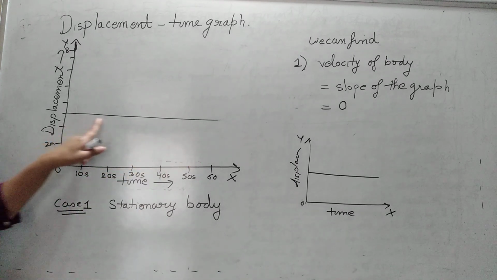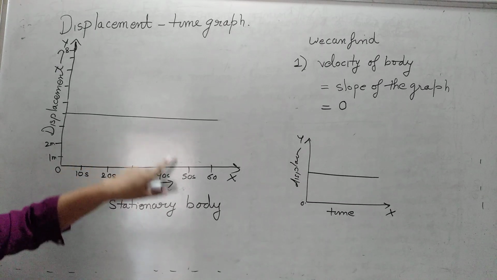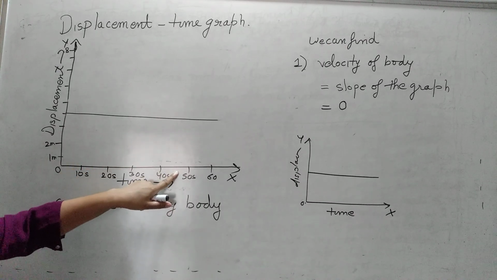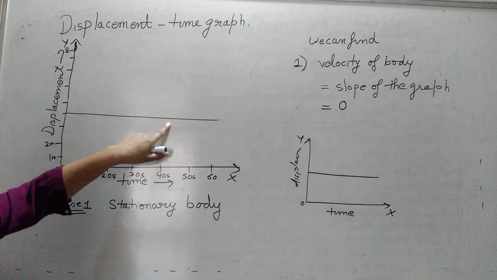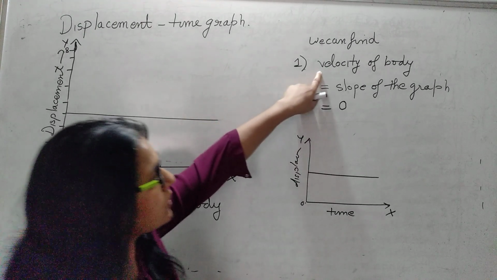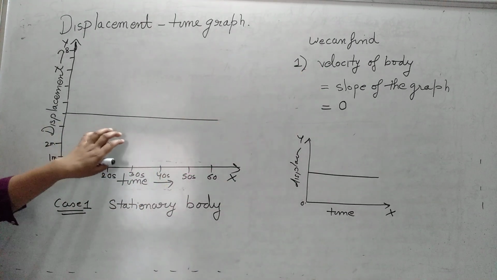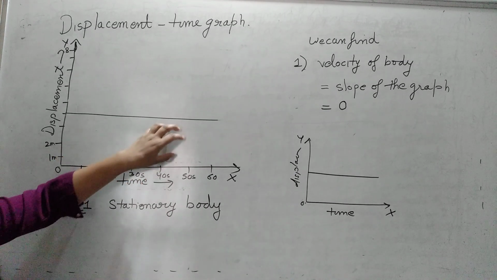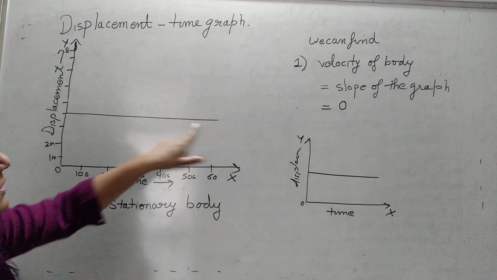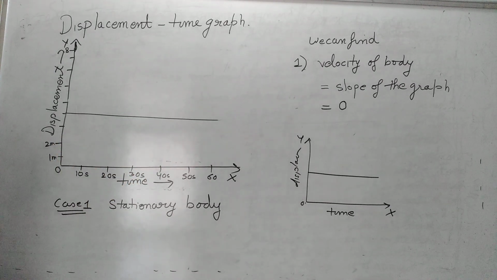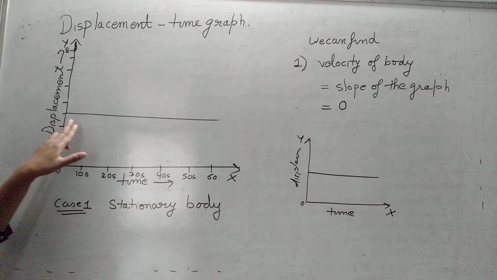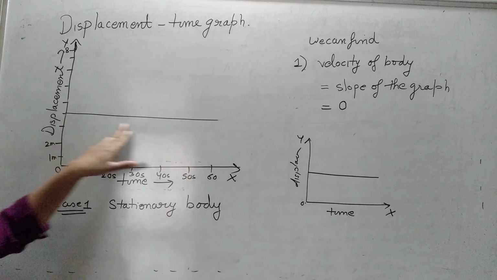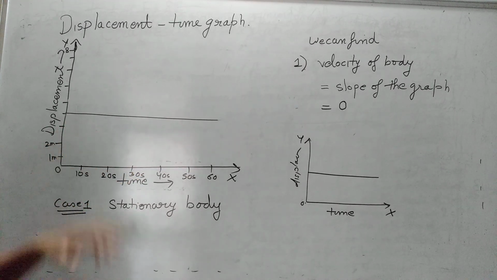And what is the slope of this line? Any line which is parallel to the horizontal line, its slope is 0. अगर उसका slope 0 है, that means velocity is 0. डिस्प्लेसमेंट टाइम ग्राफ की दो इंपॉर्टेंट स्पेशलिटीज हैं. एक तो ये है कि हमें पता लगता है what is the motion of the body. सेकेंडली हमें ये पता लगता है what is the velocity of the body. अगर हम उसकी slope find out कर लें तो हमें उसकी velocity का पता लगेगा.